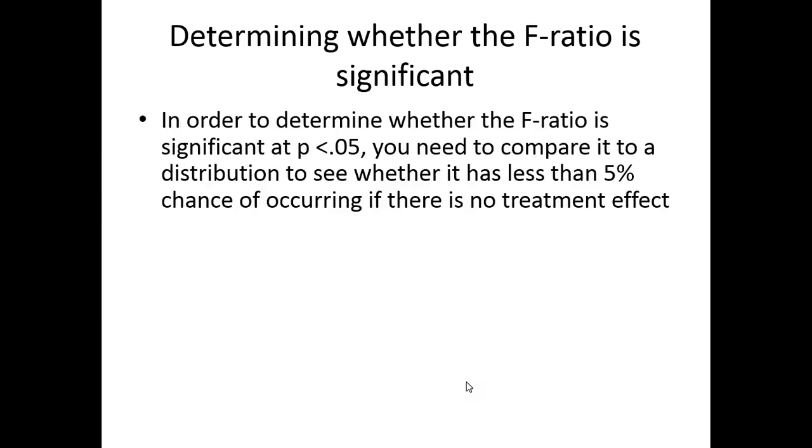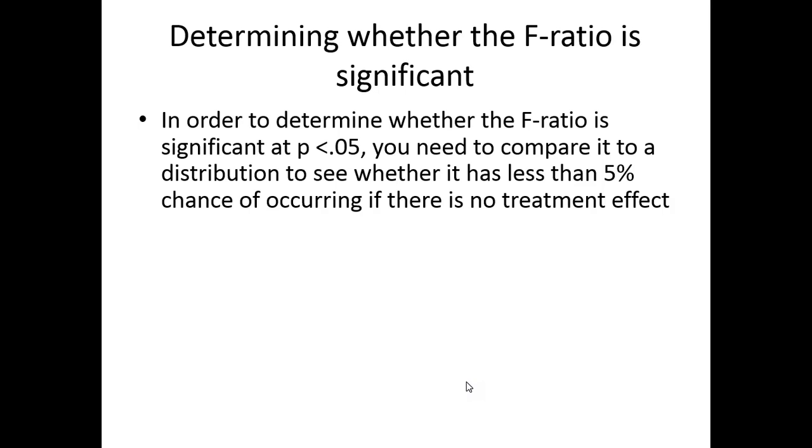So the way that we do this is actually covered in your textbook, but in order to determine whether we can conclude that the F ratio is sufficiently greater than 1 for us to conclude that there is a treatment effect, we compare it to what's called an F distribution. So F distributions differ for different sample sizes, but basically if you were to take lots and lots of samples, say if you take 3 samples over and over again, and there was no treatment effect,